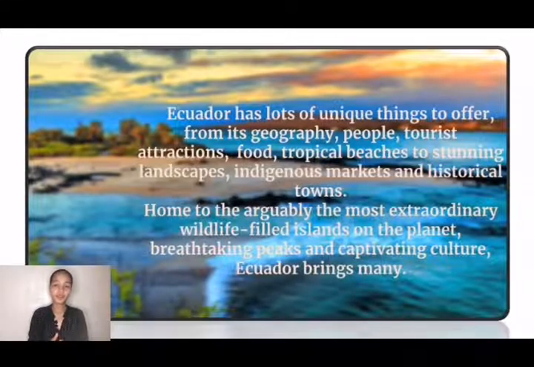So, that is Ecuador. To summarize, Ecuador has lots of unique things to offer, from its geography, people, tourist attractions, foods, tropical beaches to stunning landscapes, indigenous markets, and historical towns.